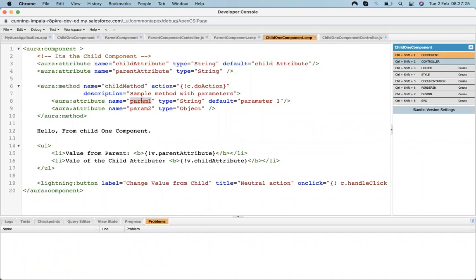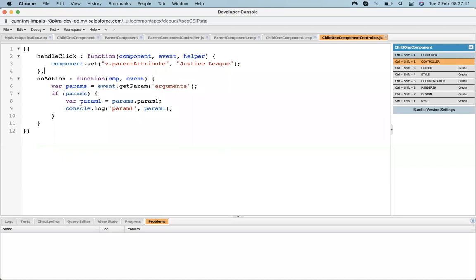For that we need to declare some parameters. It is optional, you can pass them or not, no issue. Once it is called, you can get the values from the parameters.